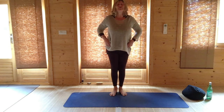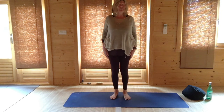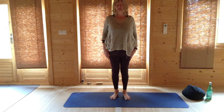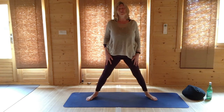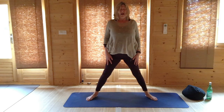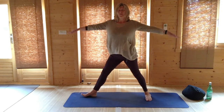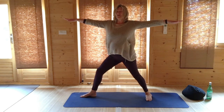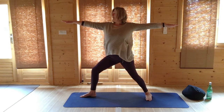And once you're up to standing, just lift and roll your shoulders. Turn your head from side to side. Step your feet out into a triangle, stretching them out. And turn your left foot in, your right foot out. Hands up, classic warrior, soften the front right knee, drop your weight centrally, look over the fingers of your front hand,